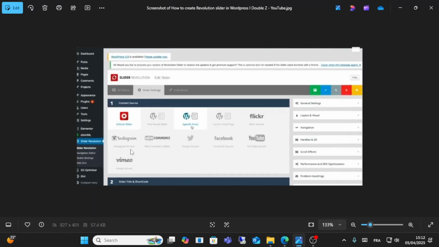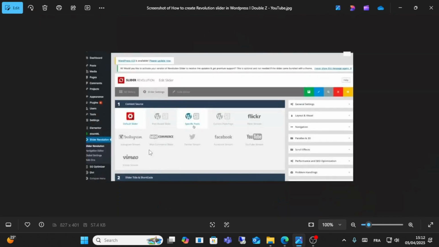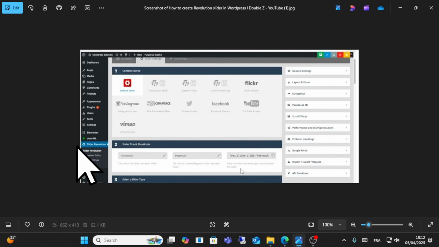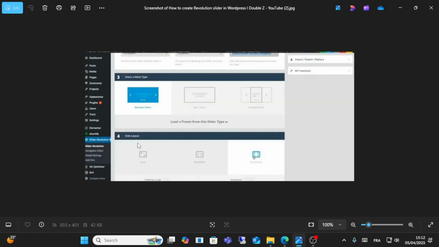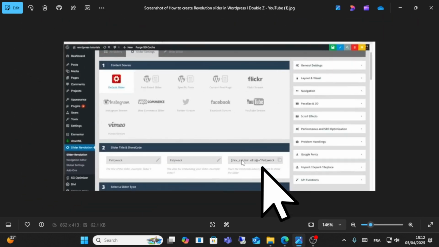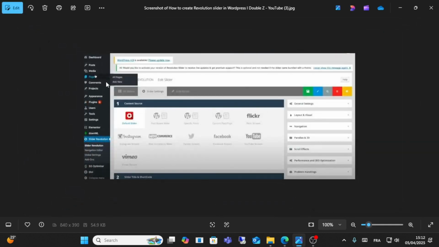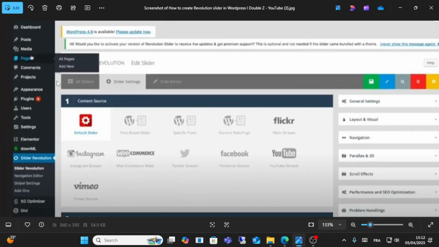After that, complete the steps, guys. Click this one, guys. Click this one, Revolution Slider. After that, choose the type of slider, standard, and click the full screen option. From here, copy this code. After that, guys, what you have to do, copy this code, go to this page option, go to page option